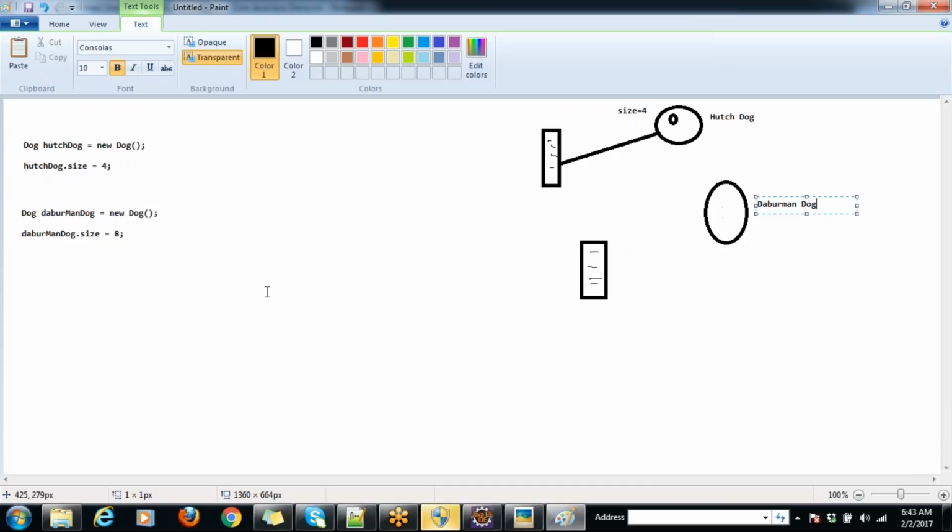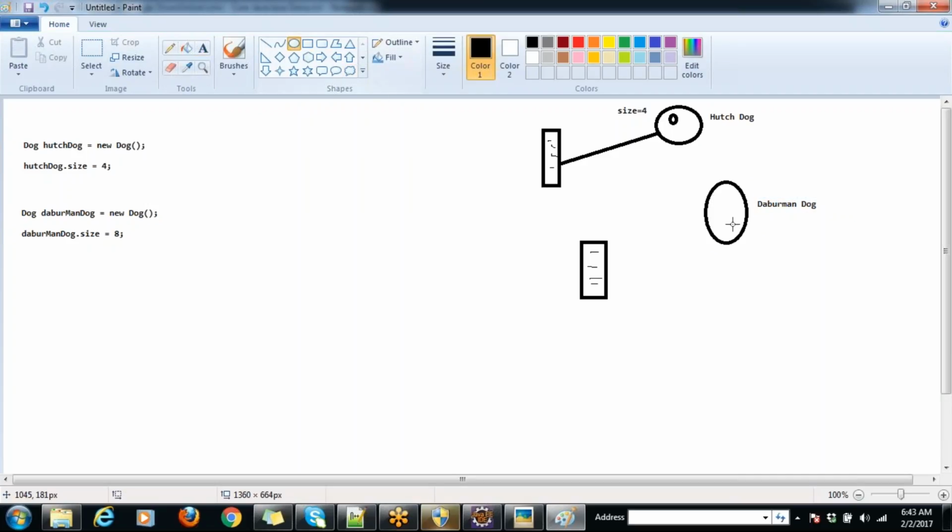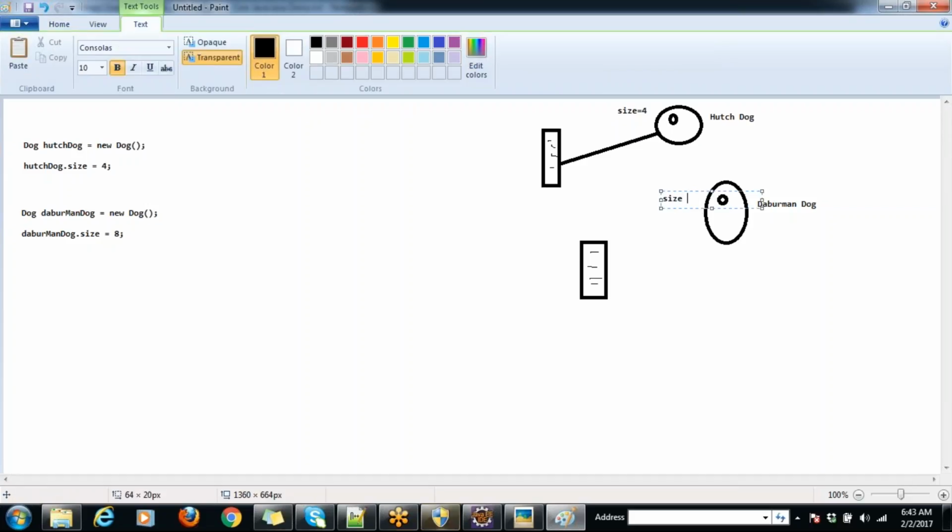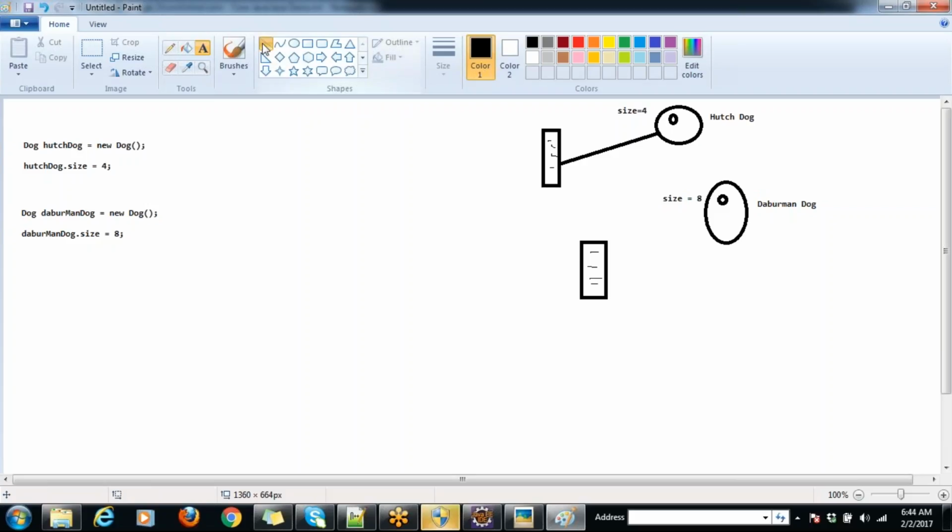If you see here, it has a size variable whose size equals 8. Let me write size equals 8, and let me show the mapping so that it is easy to follow. So in these two objects,